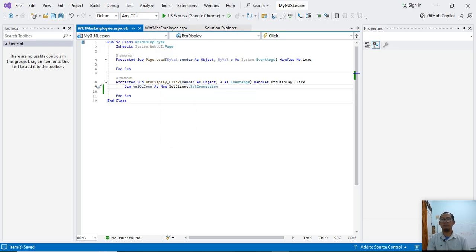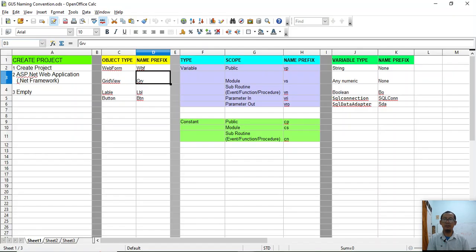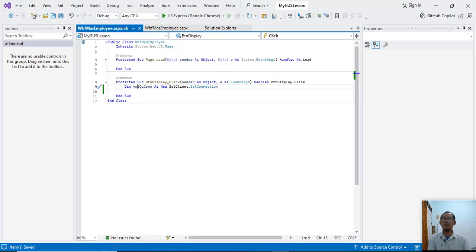Sorry. Let's see our naming convention. Variable for a subroutine name prefix is vn. Okay, I have prefix vn here because this variable only runs for this subroutine.